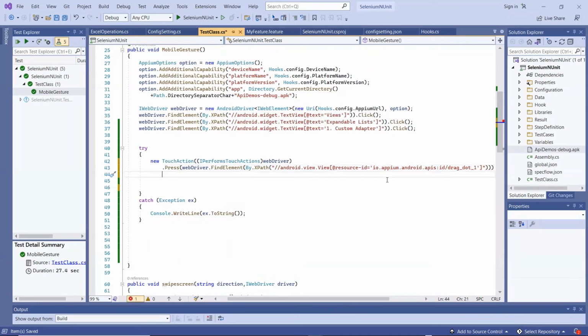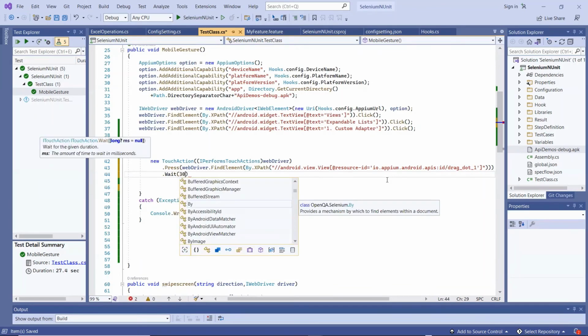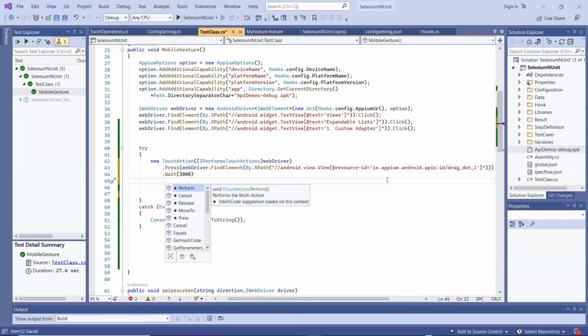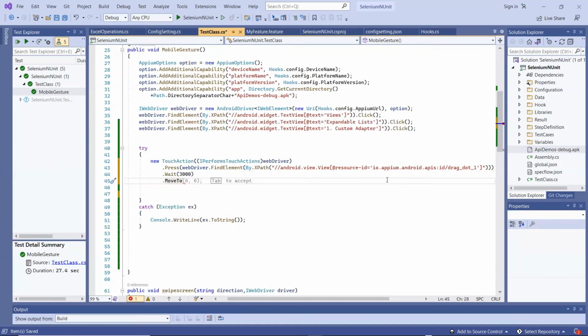After that, let's add a wait of 2 or 3 seconds to make it more reliable. And then I'll call the moveTo method to move from one location to another. As I want to drop my element on the second circle, I'll provide the second circle element inside the moveTo method.